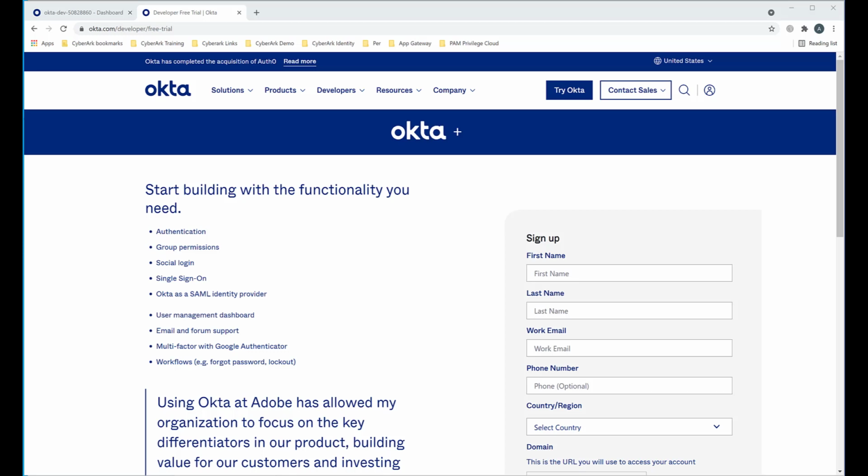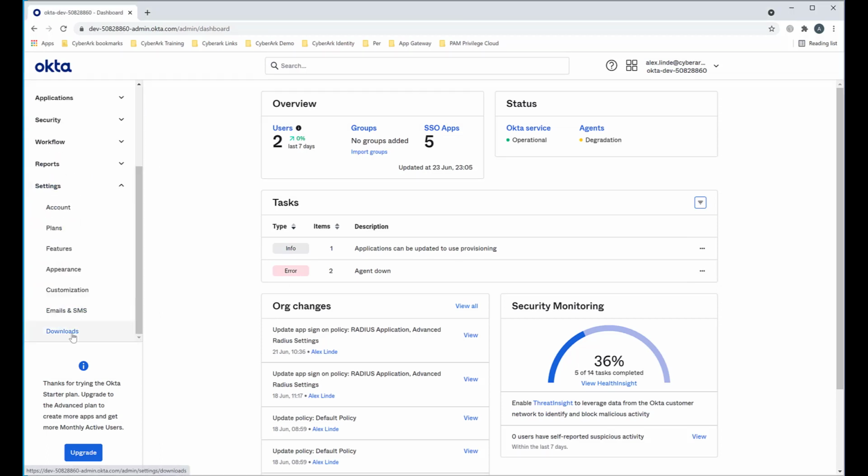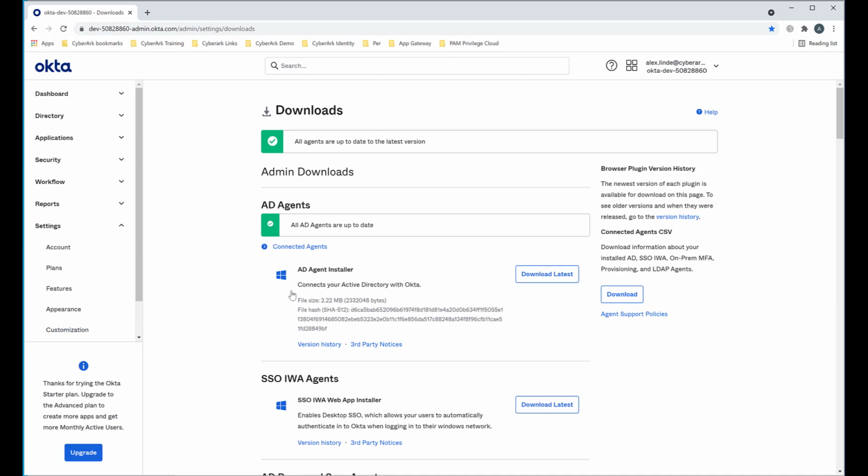If you don't already have an Okta account and you're just doing this for testing, you can register for an Okta developer account and we will be able to work with that. Here I have an Okta developer account that I'm going to use for my portion. The first thing that you'll do is go to Settings, Downloads, and you'll need to download and install the Okta